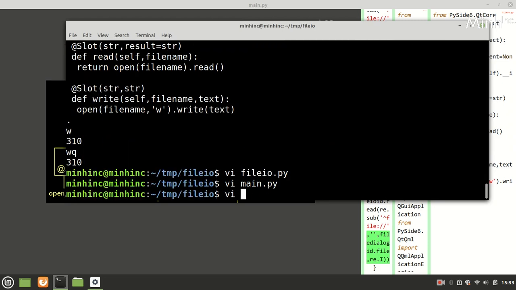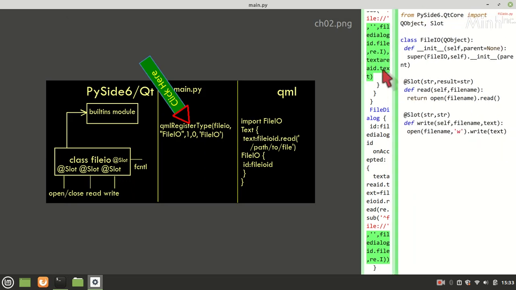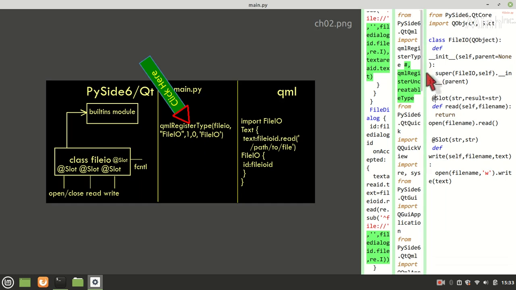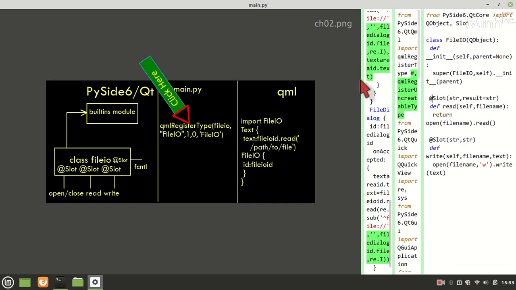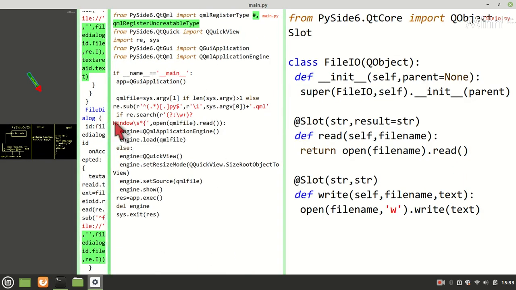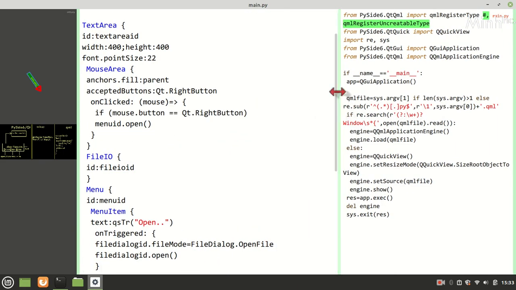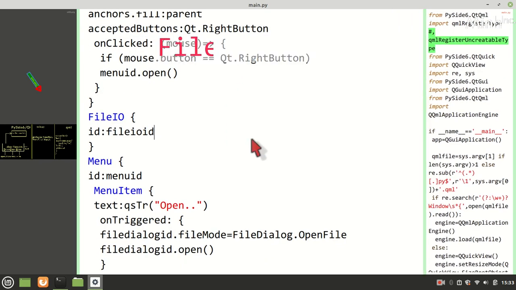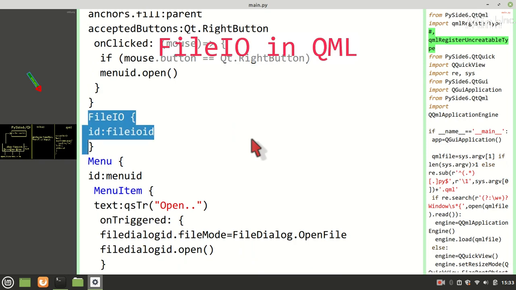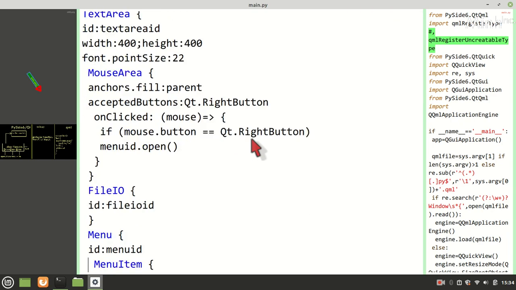Now we'll see. So this is our code, and here we have used file IO, and this is what we have imported also.